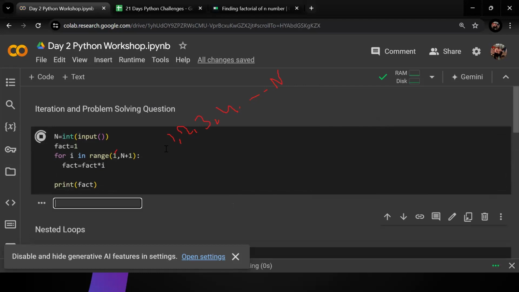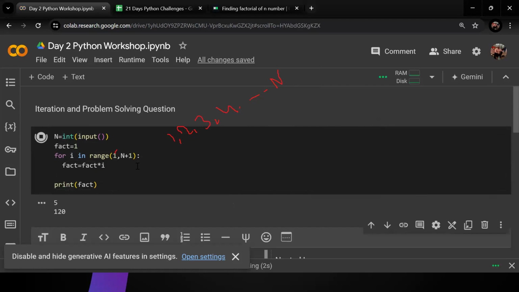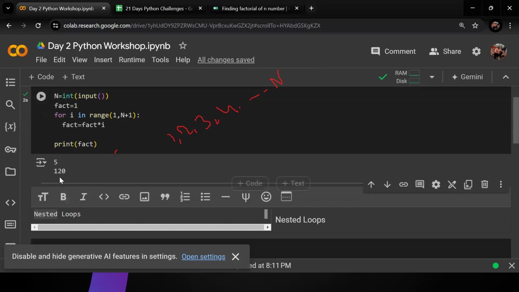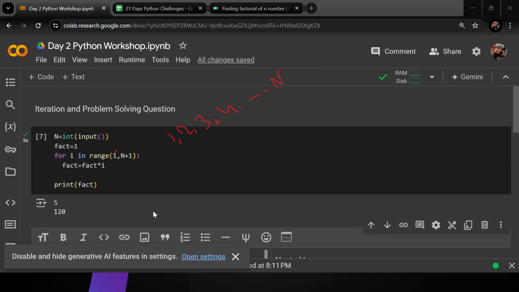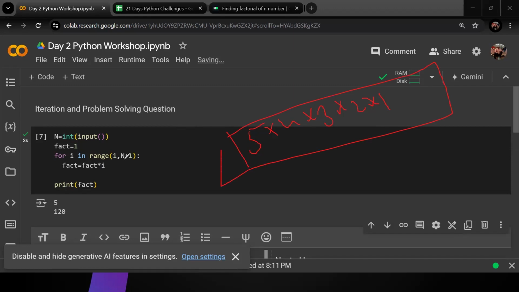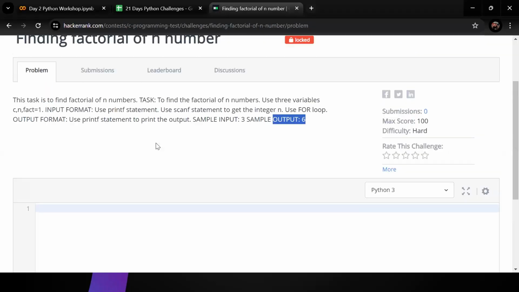Let's say I'm giving here 5, तो 5 का फैक्टोरियल इज 120, ठीक है। हाउ इट इज कैलकुलेटिंग, इट इज कैलकुलेटिंग बाय मल्टीप्लिकेशन ऑफ 5 to 1, ठीक है। 5 to 1 मीन्स 5 into 4 into 3 into 2 into 1, that's how it is calculated. So that is the simple code of this factorial finding program, ठीक है।